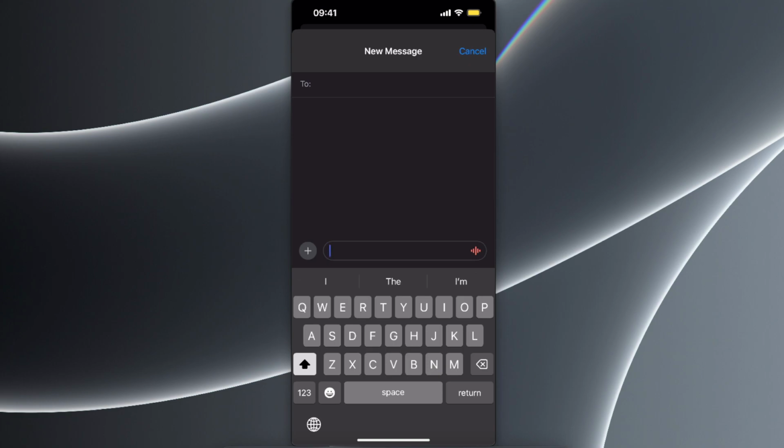Today I'm going to show you how to fix the microphone button on the keyboard missing. As you can see right here, I don't see the microphone button. Maybe you had a software update and it went missing. So to turn this on,